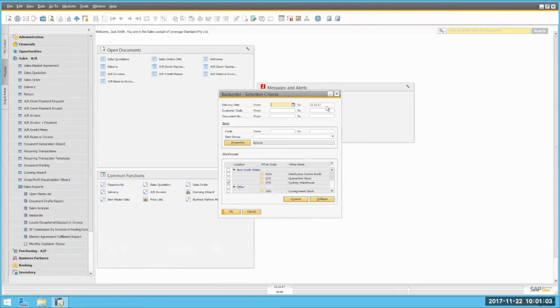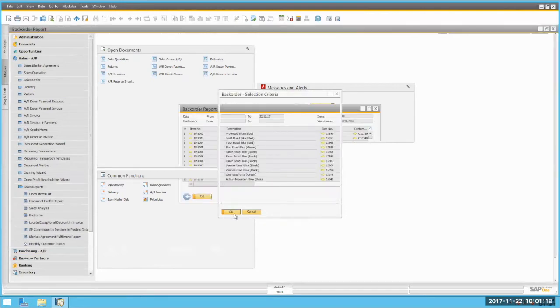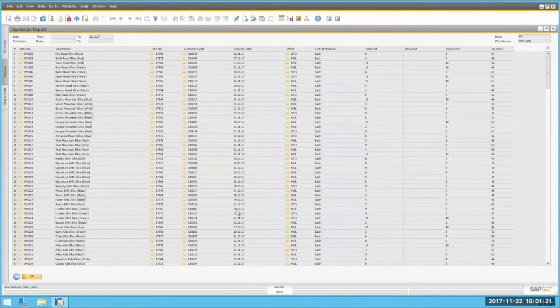But generally, you key in the delivery date, so everything that should have been delivered prior to today. So I'll put in the 22nd. I will select the warehouses I want to report on, and then I go okay. This gives me a listing of all the items and sales orders that are in the system. I see what amounts or quantities are on the order and what's on back order,